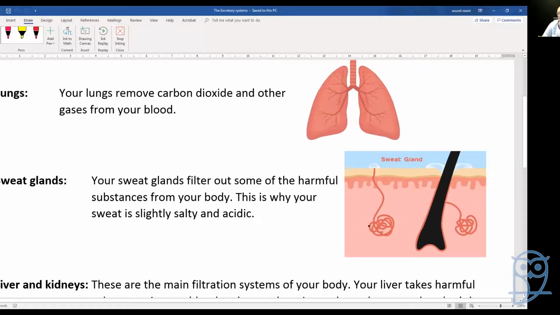So as we've got tiny little capillary arteries going all the way through your skin down here, this little duct over there absorbs the water and some of the harmful substances from the blood going through, and then it will conduct this water up through the little pipe out onto your skin. You can also get these little sweat glands next to hairs, and then it gets excreted next to the hair like that. Okay,